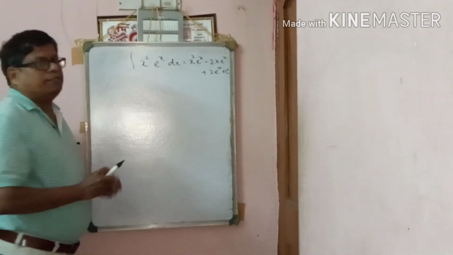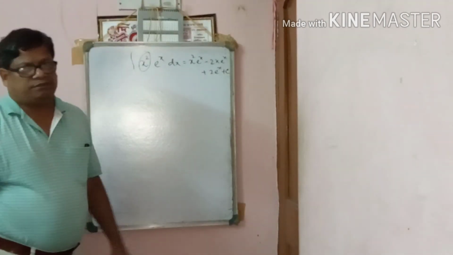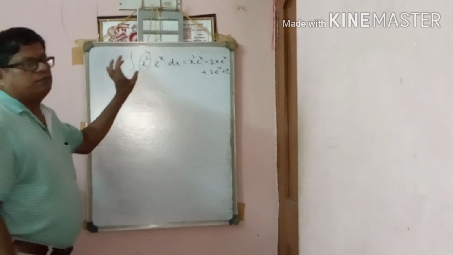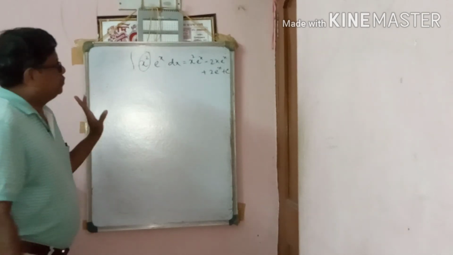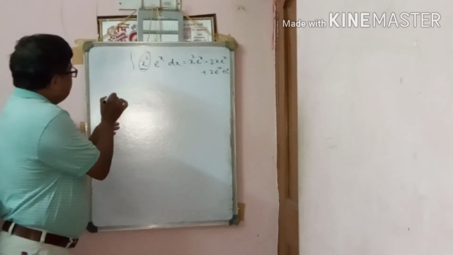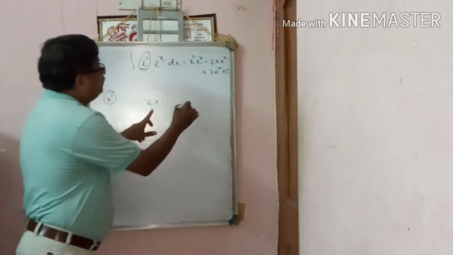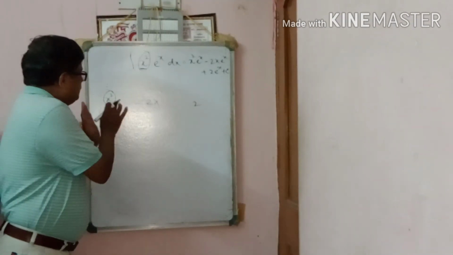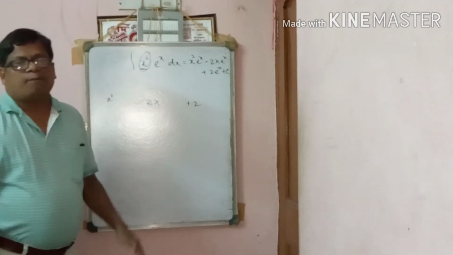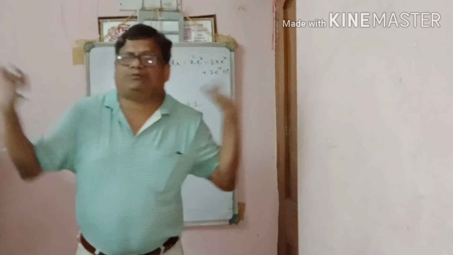First you consider this function: x square and e to the power x. Consider x square first. This is an algebraic function and this is an exponential function. So you take the first as u and the second as v. Read here: first write x square, and its derivative, all of you know, is twice x, so write twice x. Again its derivative is 2, write 2. Now the sign: first nothing is given, so it is plus, then change, so write minus, then plus, then minus, then plus. Like that you have to write.